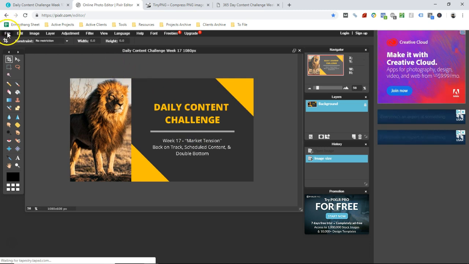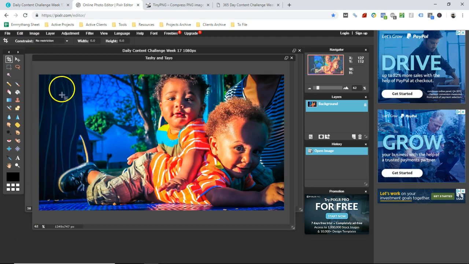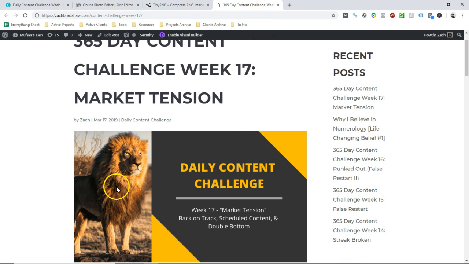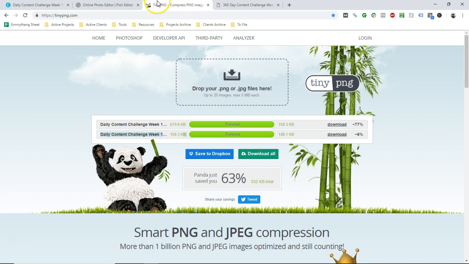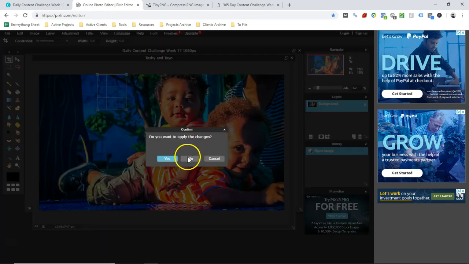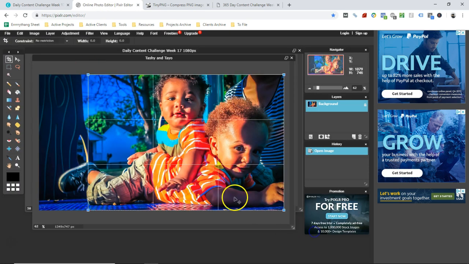If I was doing another image on my computer, let me pull one up. So say I have this beautiful JPEG right here that I want to save, because when you use a photo like this, if you want it to come out well, you probably want to make it a JPEG. It will look better as a JPEG as opposed to a PNG. It already looks fine, and it's not noticeable, but JPEGs typically look better. And so if I wanted to, let's just say I wanted to crop this. If I want to crop this and resave it,